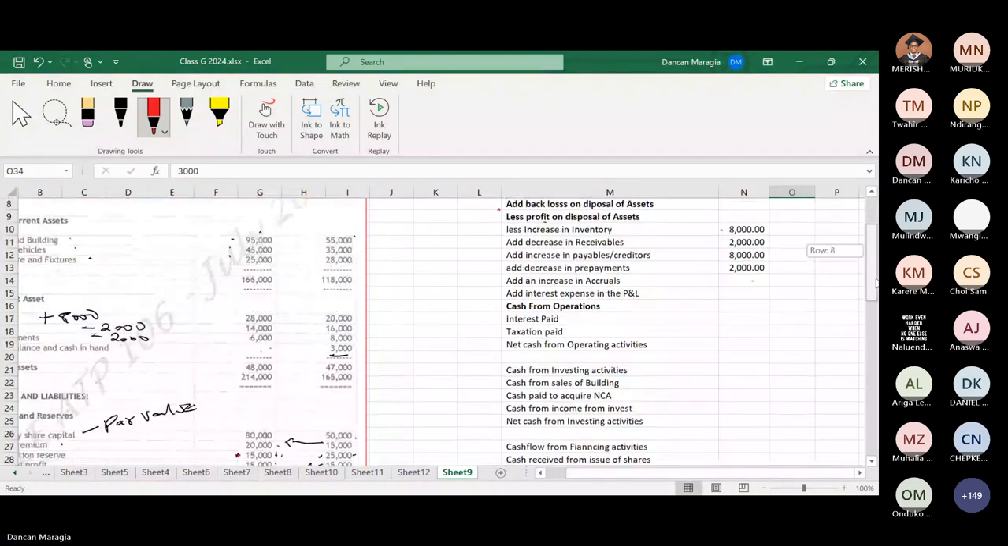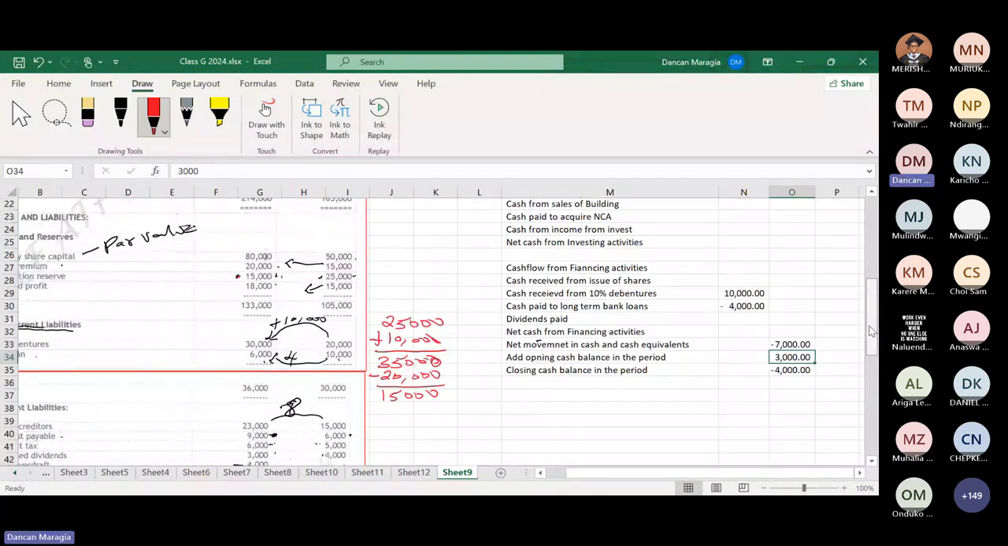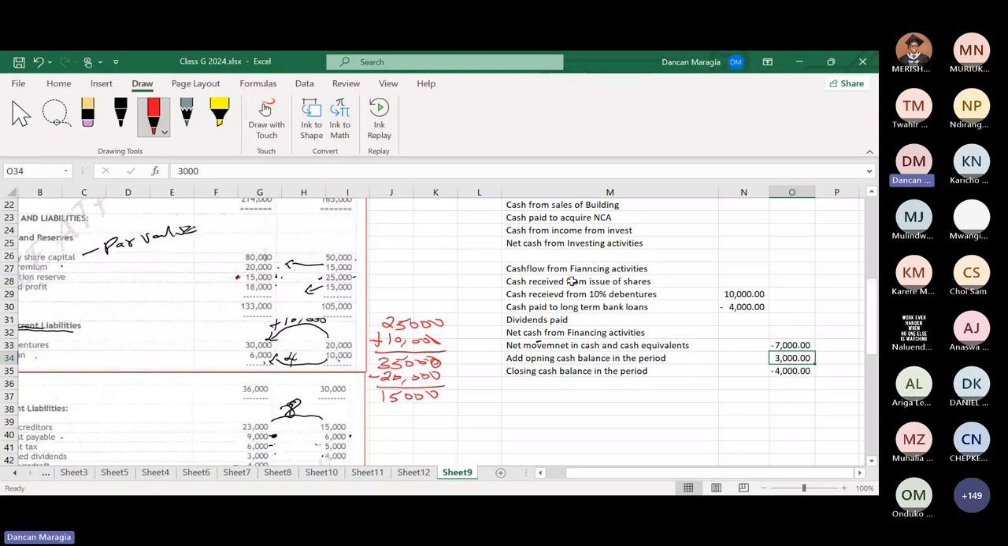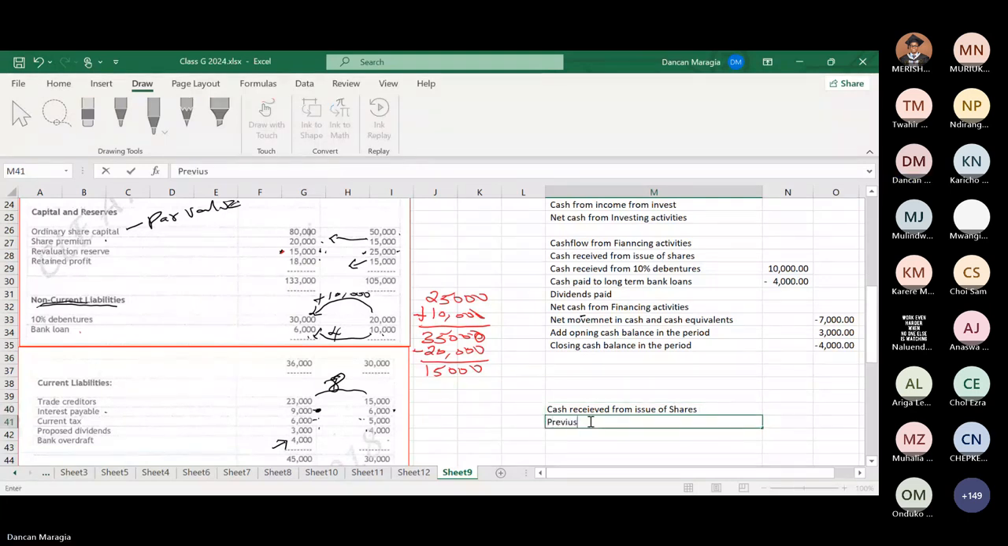Now, let me come here. From here, I usually go to cash received from issue of shares. If there is usually nothing, this is how we do it. We have already seen that last year we had cash. If I want to calculate cash received from issue of shares,